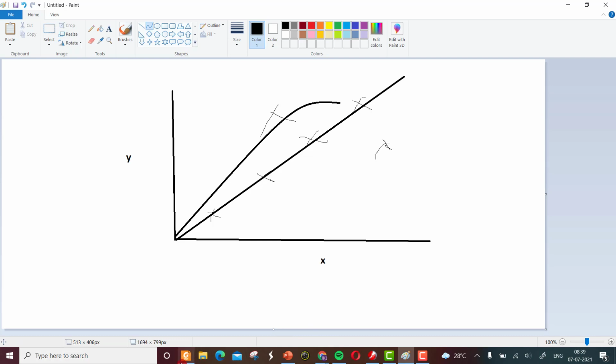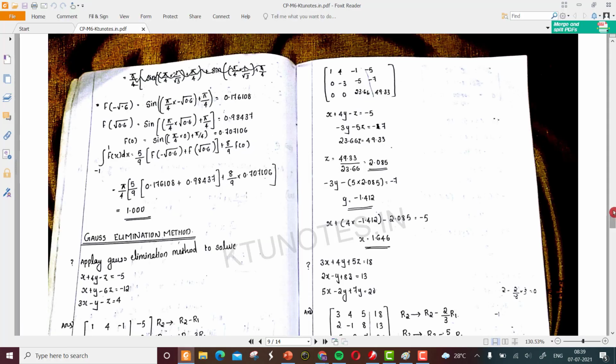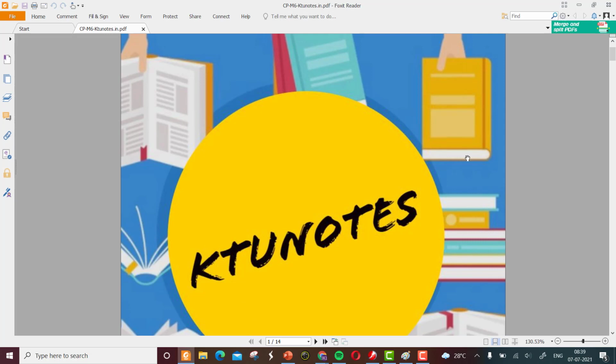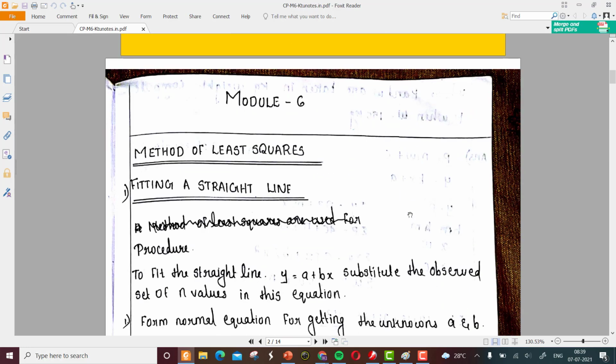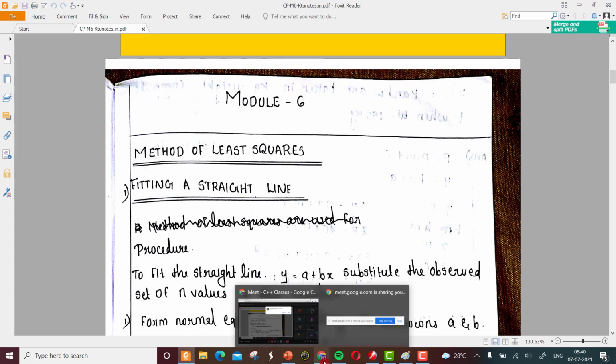So straight into the notes. I am just taking the class by the K2 notes because all the theory parts as well as the problems are clearly available in this note. When I search for extra problems or additional theories, it is difficult to find them from different PDFs. So from your exam point of view, and as you have already learned the subject, this will be enough for the studies. I think somebody joined.